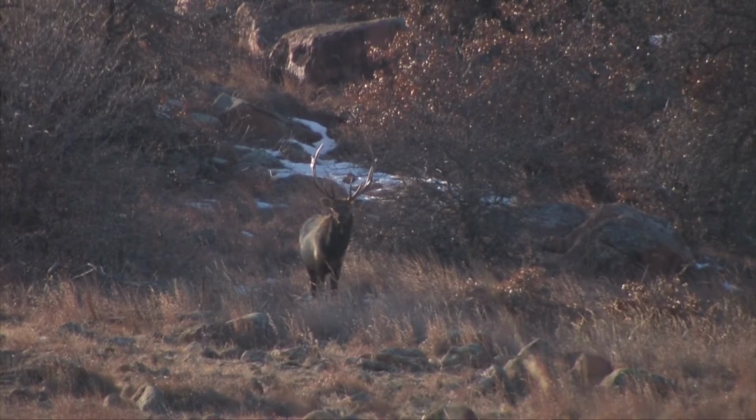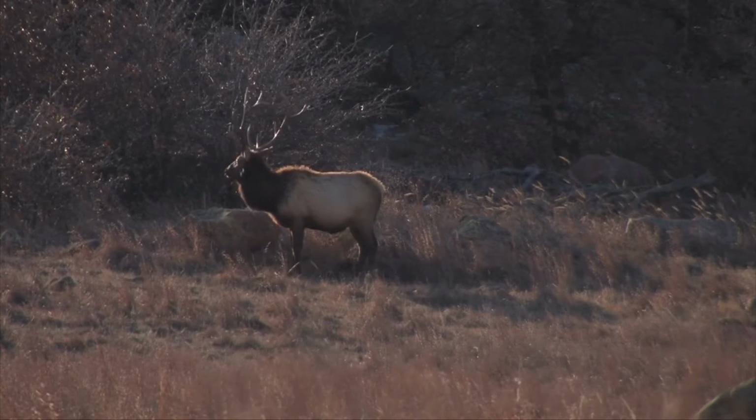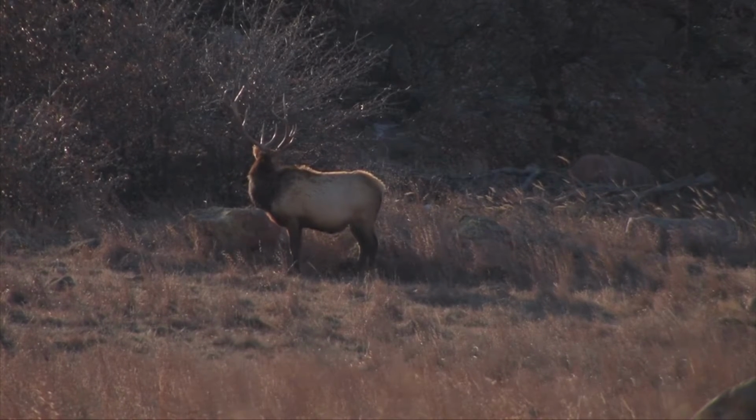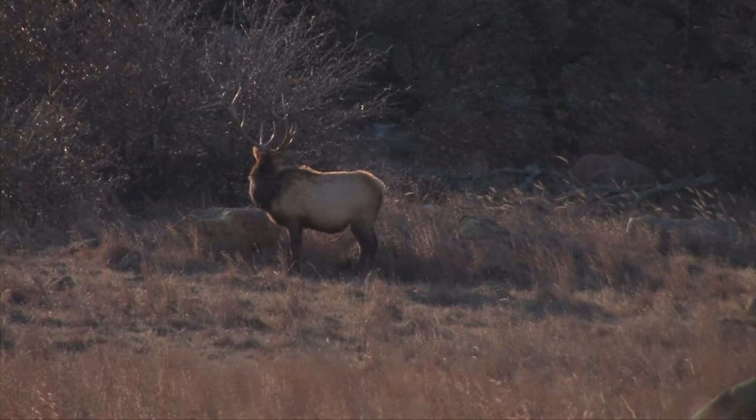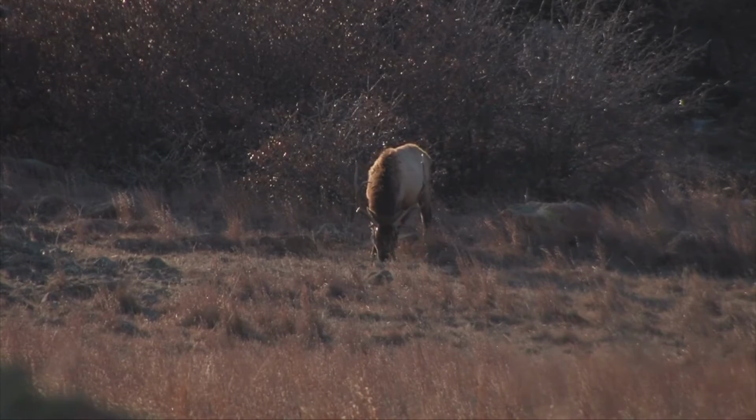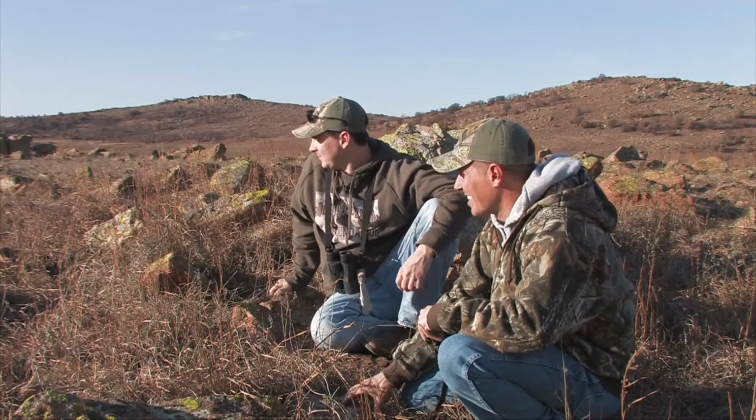The limit is 2.5 days to hunt, which is really not a long time when it comes down to it, especially if you're picky. On the first day, there's so much country to cover, and you've never been here before, so you want to get an idea of what's going on. I told you I didn't really want you to close it on the first morning, but if we see him in the morning,